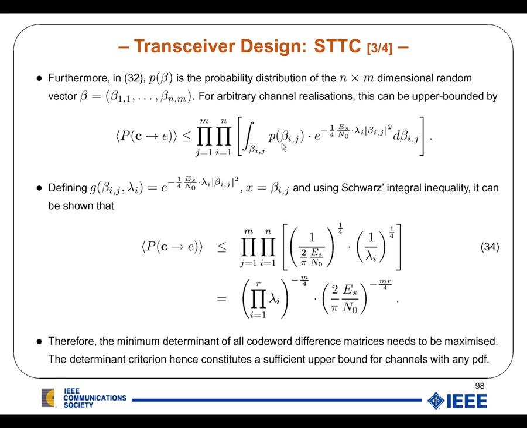We look at that expression here and we apply Schwarz's integral inequality, and using that integral inequality we effectively show that the pairwise error probability can be upper bounded by that expression here, which gives us exactly the order of M multiplied by R, which means that you need to have the codes in place which